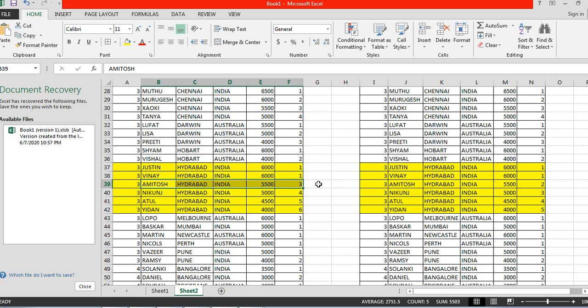If the previous rank of two employees is exactly equal, then the next rank will be skipped by one. But in the dense rank function, that does not happen. For the first two employees, the rank is assigned as 1. For the next employee, Amitosh, the rank is assigned as 2 only. It's not 3.